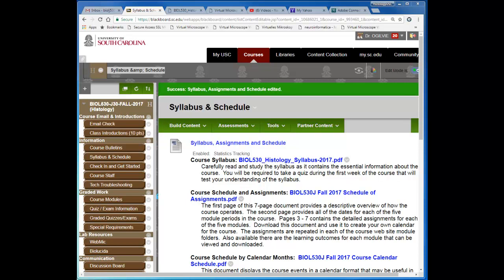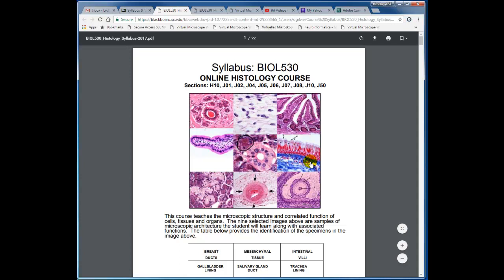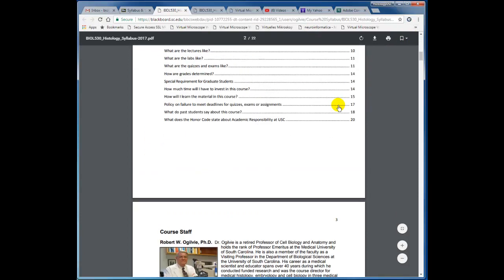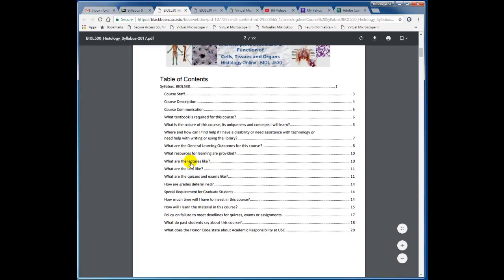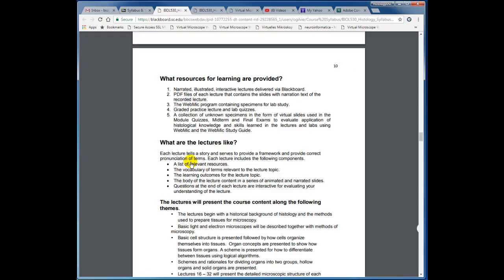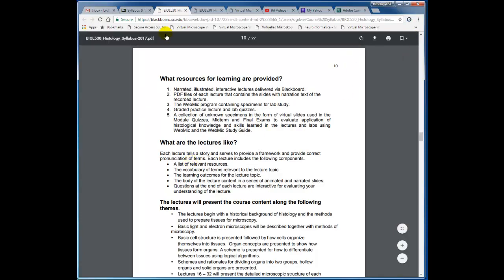Dr. Ogilvy: A couple of things I would like to give you some tips about. The first is the syllabus is interactive, the PDF. When you click on it, you see up here this little top menu will show up. But when you scroll down and go to, let's say, what are the lectures like? You see it's hot linked. And then this top menu may disappear, but if you hover your cursor up here, it will show up, and